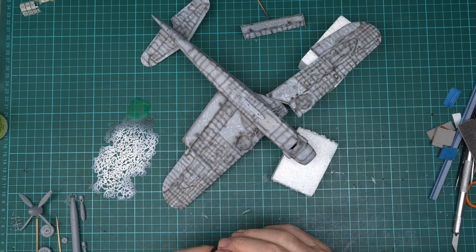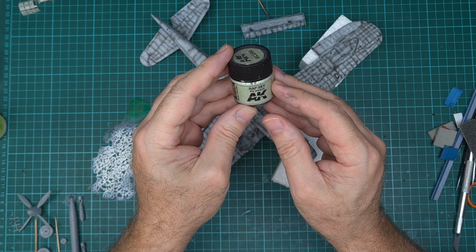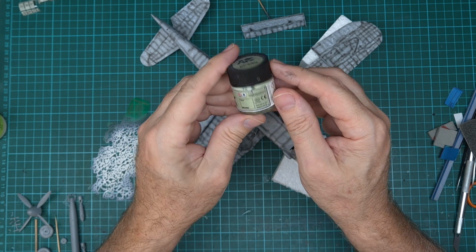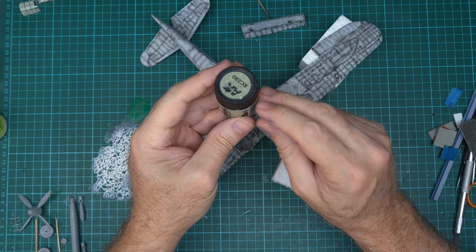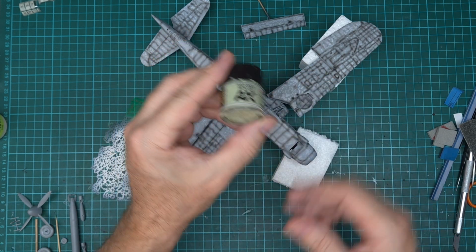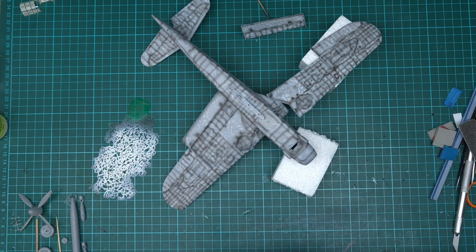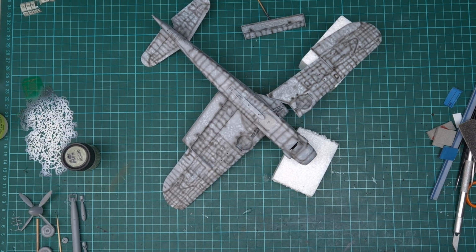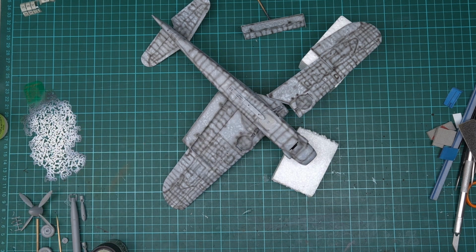So I will be using AK Real Colors for the scheme. For the Sky, Royal Air Force Sky, FS34424, and the Real Color number is 290. Of course, I think they've changed to plastic bottles now, but it should still be the same number. So you can see that is the colour, and I quite like, well, I love AK Real Color paints. They do good colours. So I'm going to proceed to paint the underside now, and then we'll have a look, see